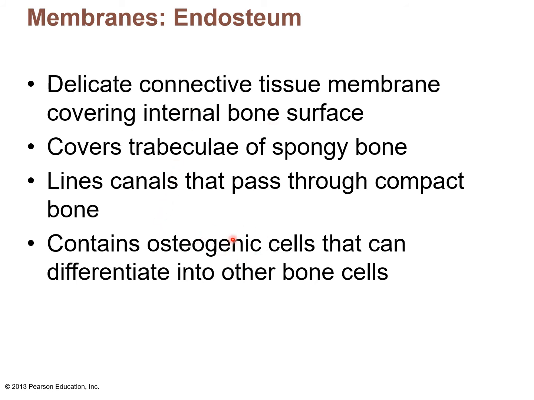Endosteum also contains osteogenic cells. Again, what are osteogenic cells? Osteogenic cells are stem cells. So, as we said, your bones go through damage. And we said that having that periosteum with the stem cells within it can help you regenerate your compact bone. Well, does your spongy bone also go through damage? Yes, your spongy bone also gets weaker over time, and so you do want stem cells to help you regenerate your spongy bone. So having that endosteum layer really close to your spongy bone and having stem cells within it,